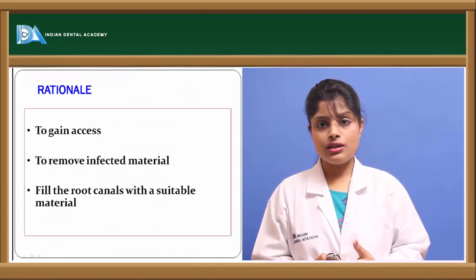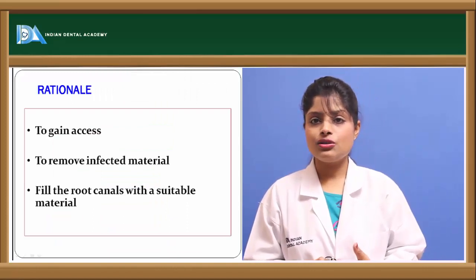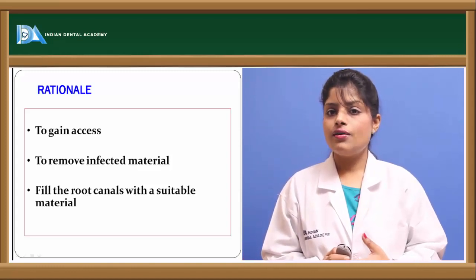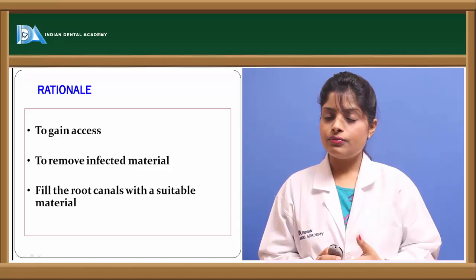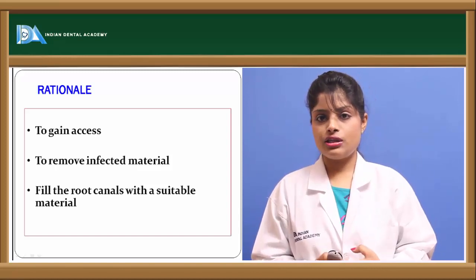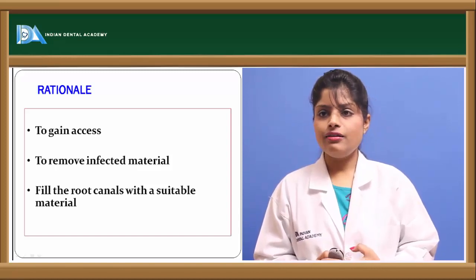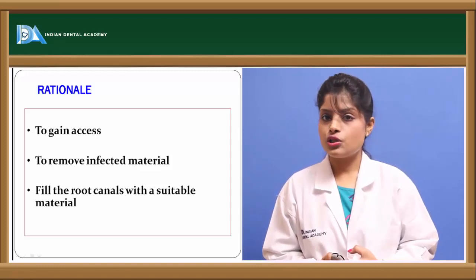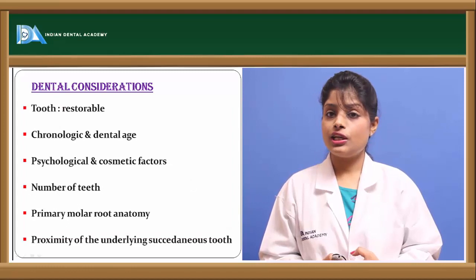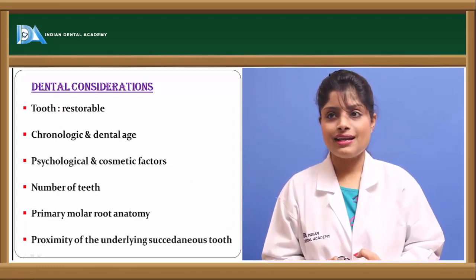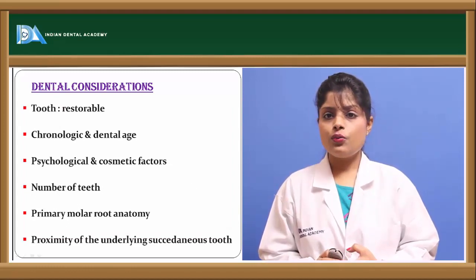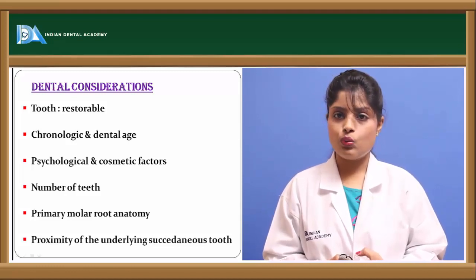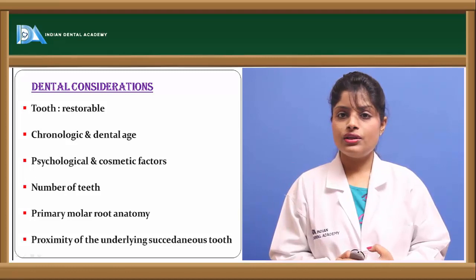The main rationale behind the pulpectomy treatment is to gain access to the radicular pulp, then to remove the radicular pulp which is infected, and finally, to fill the root canals with a suitable resorbable material, which should also be biocompatible. Now, there are various considerations for the purpose of pulpectomy, which are the number of the canals which are